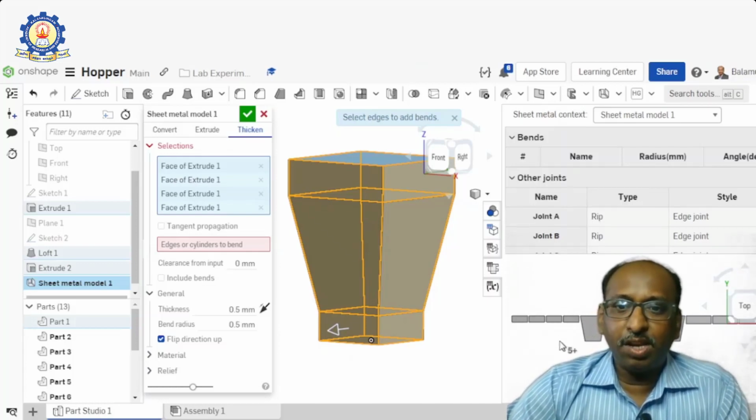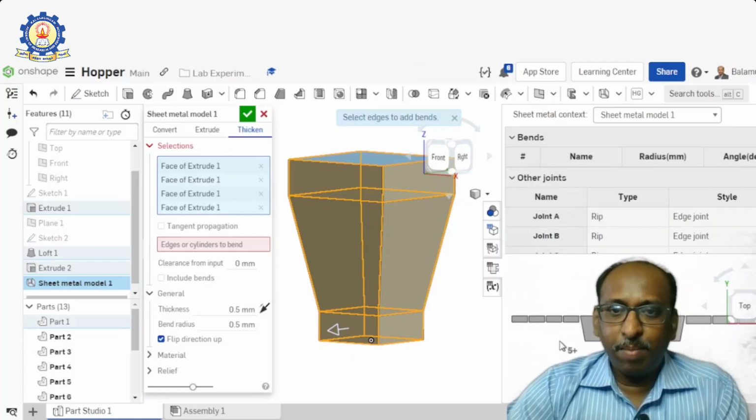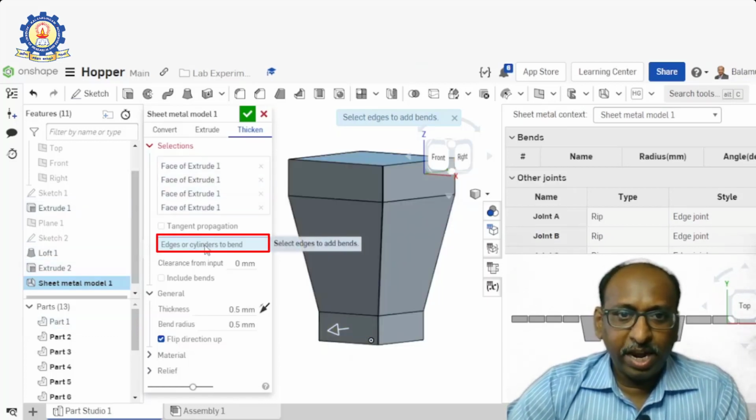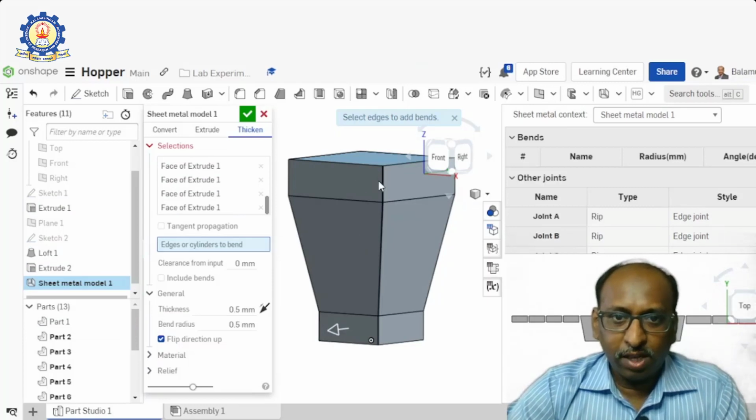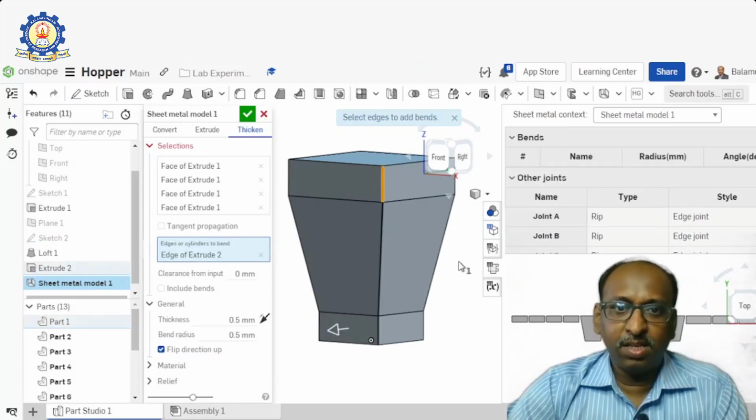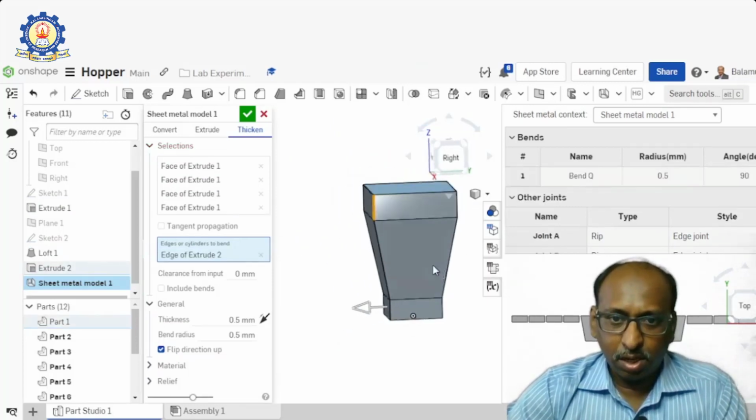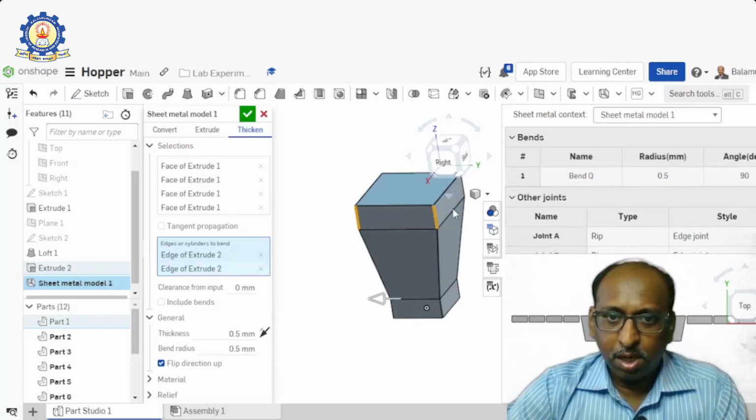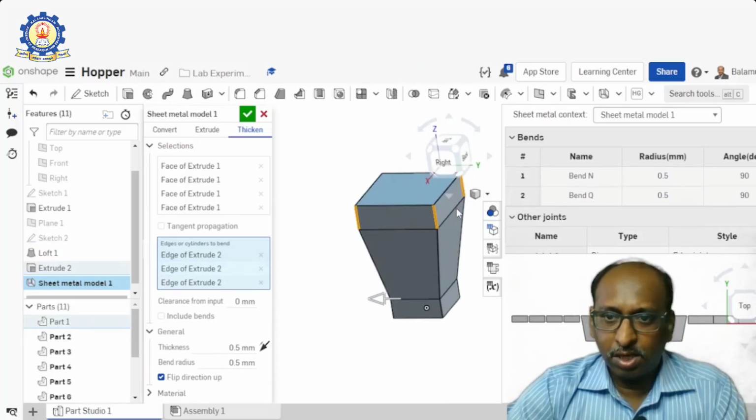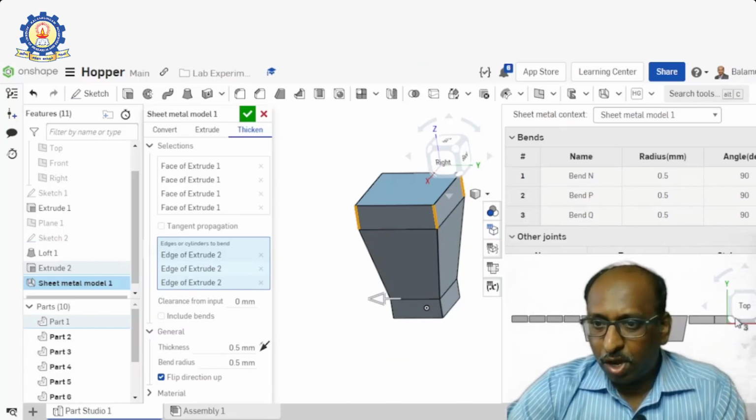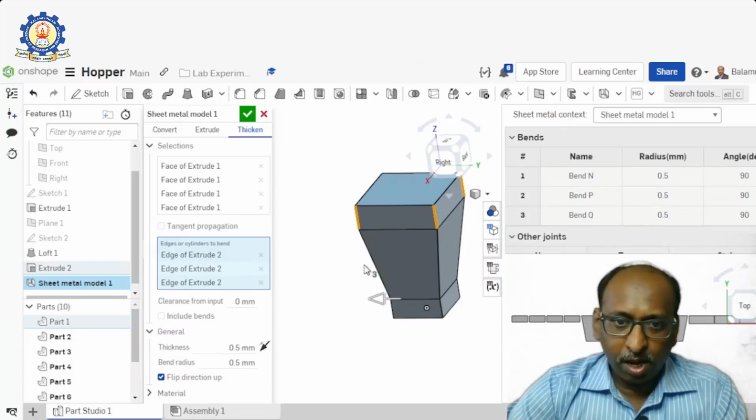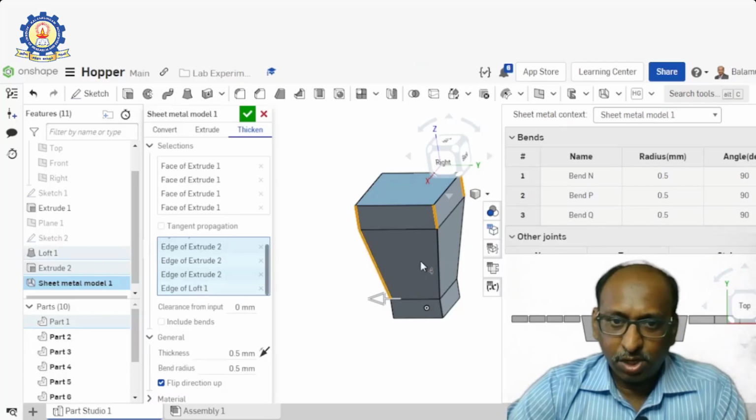But while making sheet metal work, we will bend it from a straight sheet. So in order to decide where it is to be bent, we have to select the edges to be bent. So for that, let me select this edge, and this edge. Now you can see the edges are joined together here. Similarly, this edge,